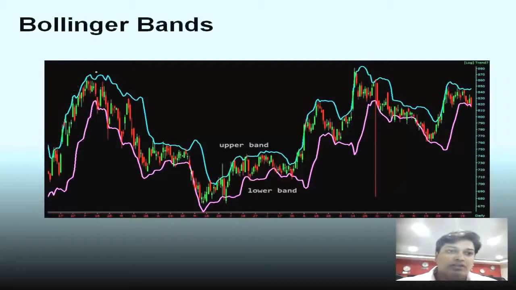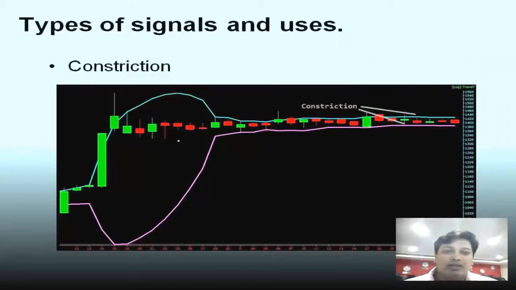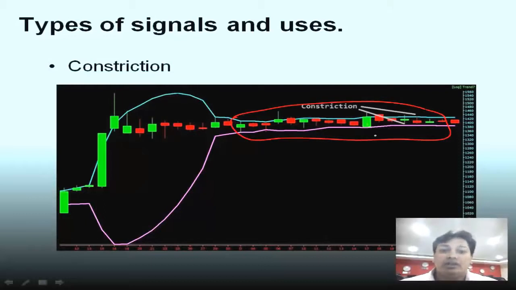So this is how Bollinger Bands are constructed. This is the upper band. Let's look at 5 different variations of Bollinger Bands. The first variation of Bollinger Bands is called the constriction. While we are looking at the constriction, this basically means that the volatility in the price is very low, and because the volatility in the price is very low, these bands actually constrict. So whenever we look at bands which are constricted, you know that the volatility in the price is low and an imminent breakout is possible.